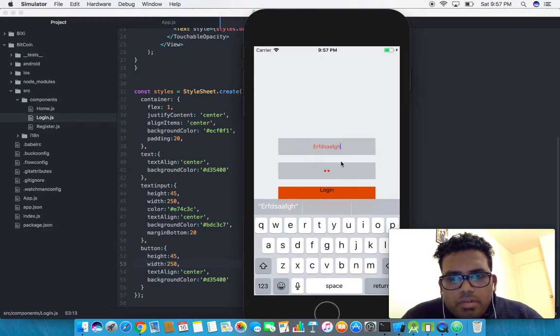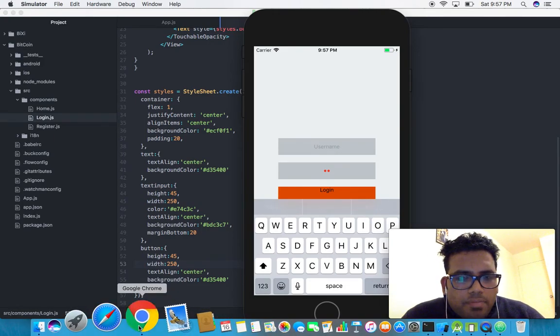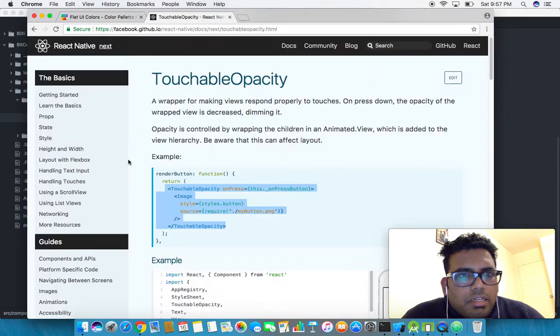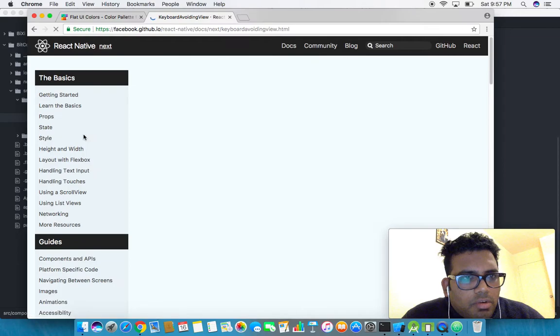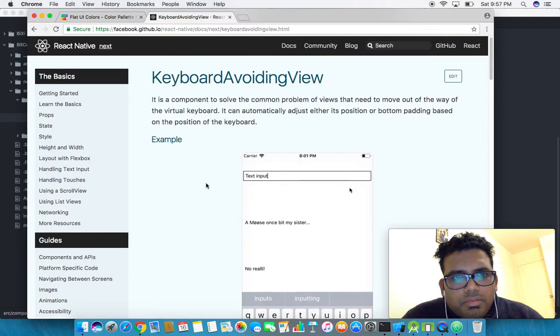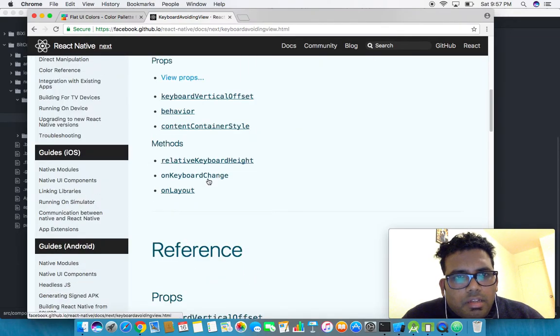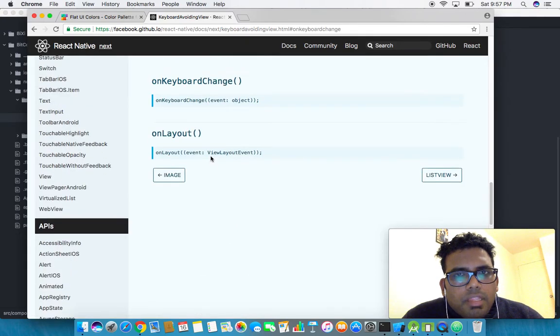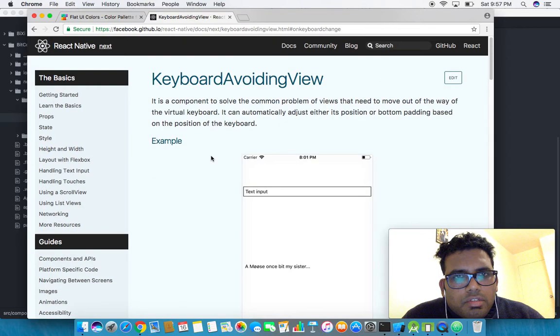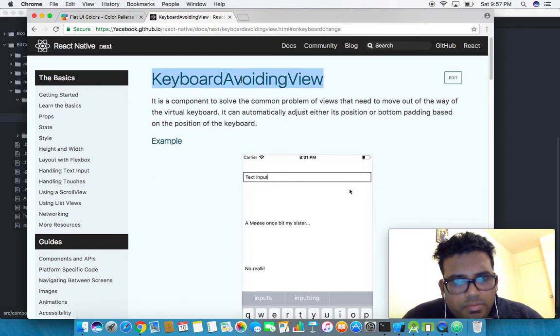I don't want to have all these auto capitalizing as well. So actually, even React Native provides some components called keyboard avoiding view. So I think using this one, we can handle some stuff. Okay, let me use this keyboard avoiding view